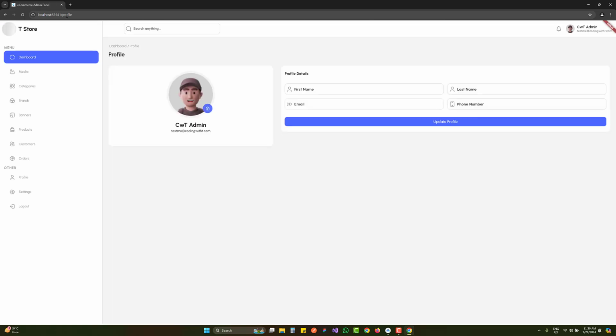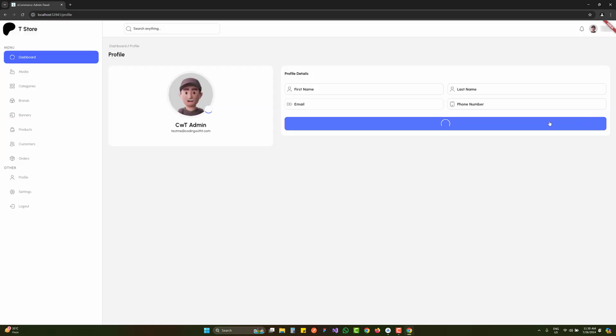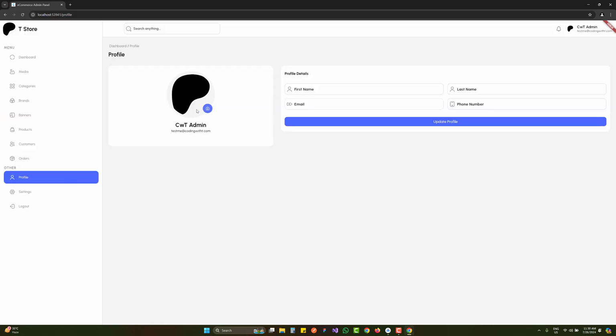So let's see this time if the profile is created or not, because we added that inside our general bindings. And you can see our profile is working, all the data of the user is loaded, and this image is the dummy image. We have name, email. Let's click on this one. Let's select the same image because we only have the one image, so click on add. It is uploading, and now you can see I have changed the user image and it is selected as you can see from the top. And this is the user image, this is name and email.